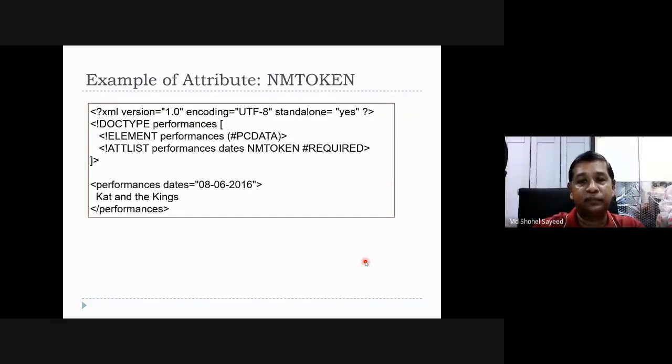a name token. How are you going to use the name token? So declare the XML first, XML version 1.0 is optional, document type performance, then define the element performance, PCDATA, which is character data, and then attribute list. We are using NMTOKEN, name token, performance dates, NMTOKEN, and required.